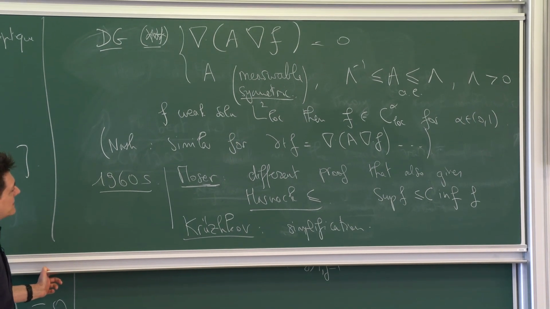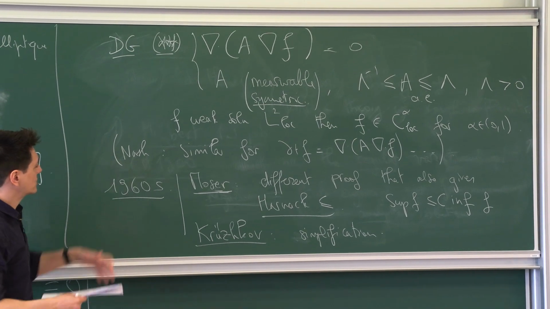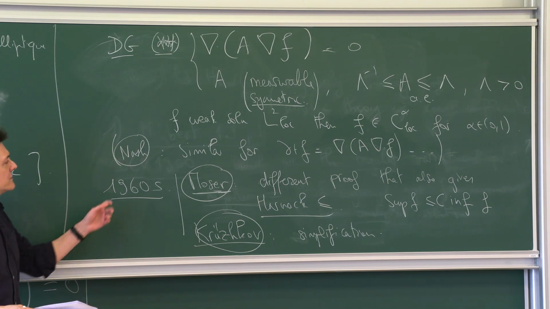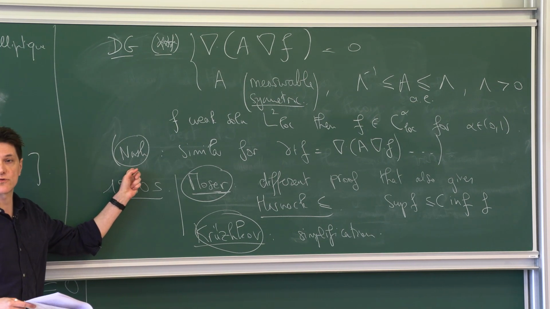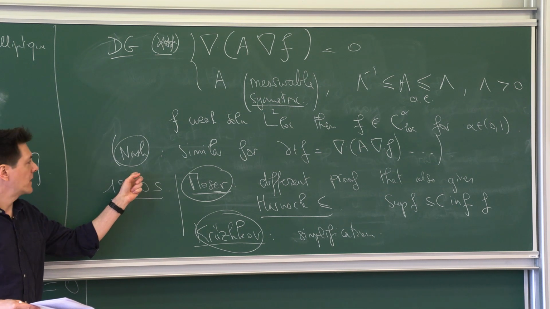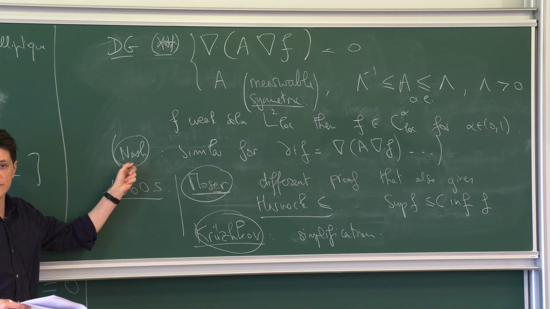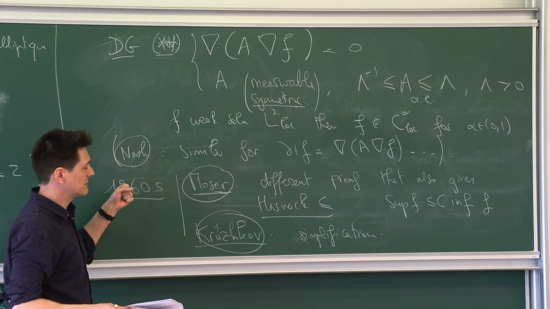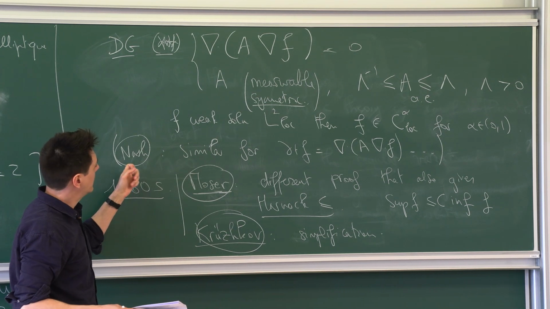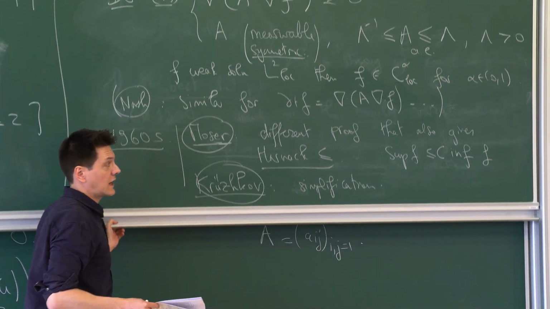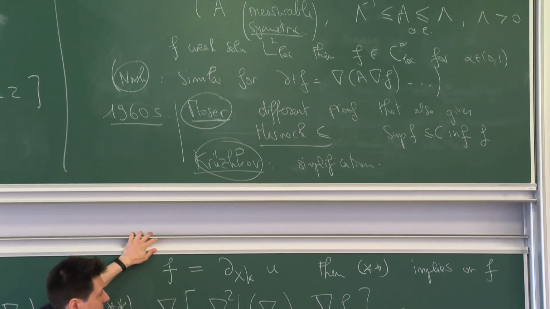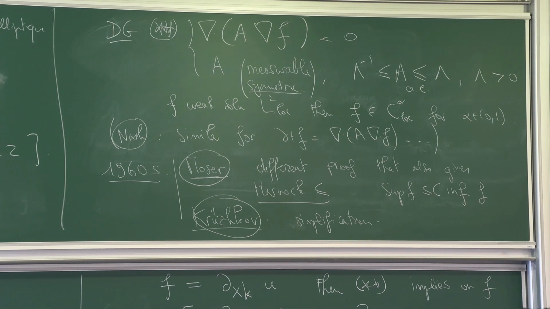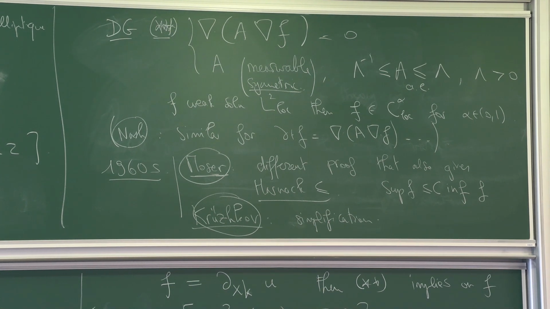Something I want to say, maybe as a teaser, is that in Nash, Moser, and Kruzhkov, there's a fundamental role played by looking at the equation on the log of the solution. It's fundamental, and it really goes back to Nash, as far as I understand. It's a beautiful idea in his paper. It's inspired a bit by the entropy functional, the integral of f log f. In De Giorgi, you don't see it appearing at all at first look. But in fact, I'll try to explain why, even in the De Giorgi proof, there is some log hidden, in fact, in the estimates.